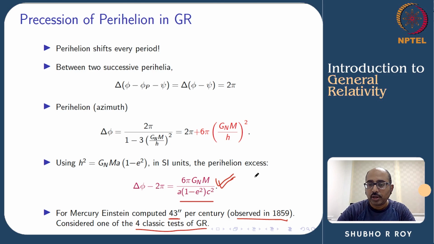And one can show, if you do the multipole expansion, the quadrupole term, if you assume that the sun is not a perfect sphere and it has a non-vanishing quadrupole moment, that quadrupole term can indeed lead to a precession of the perihelion of the Newtonian orbit as well. So actually it's not completely honest to say that Newton's theory cannot account for the perihelion excess. The better thing to say is that at that time people didn't have any data about what the shape of the sun is. At the early part of the 20th century, they assumed it's a perfect sphere, and then it has no quadrupole. But later on, people thought about it and